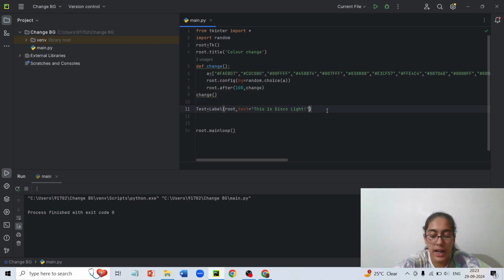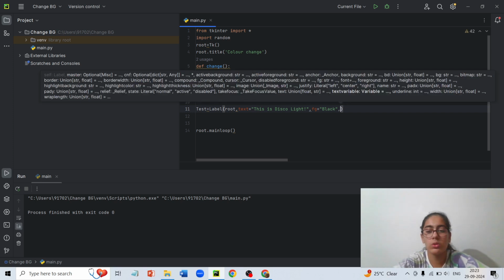Next I will add comma bg equals to, let's keep the bg as what it is, comma fg equals to, let's take it as black. And then we also want it to come in a bigger font.